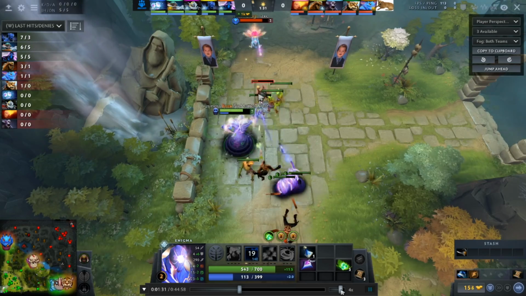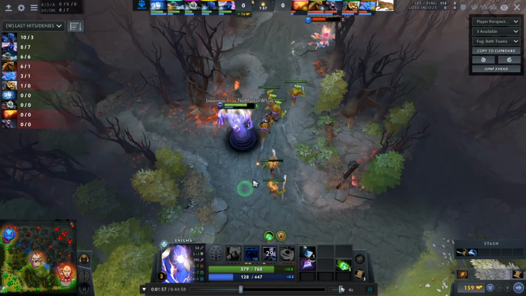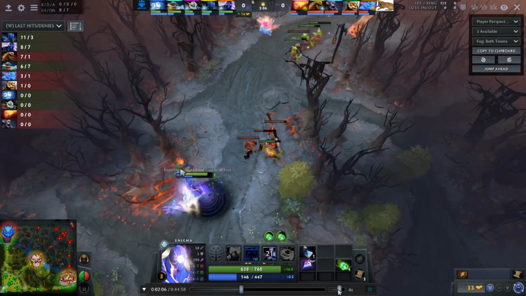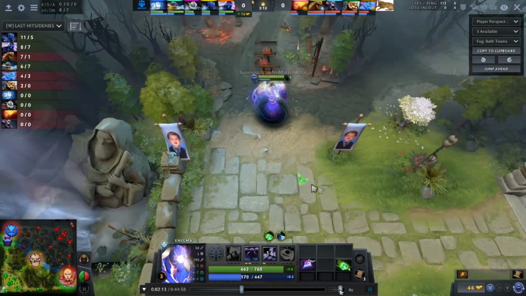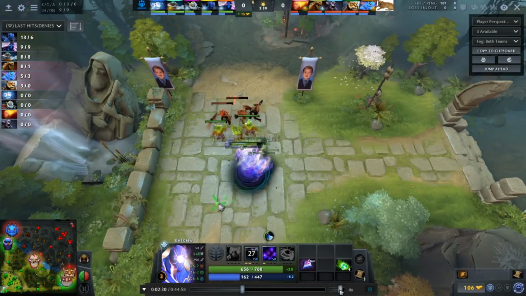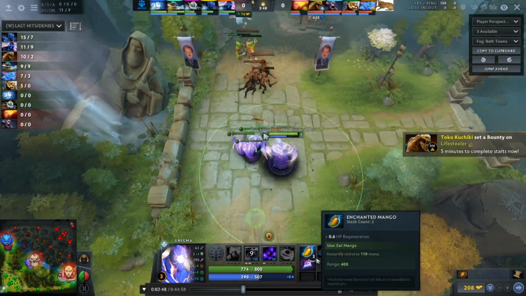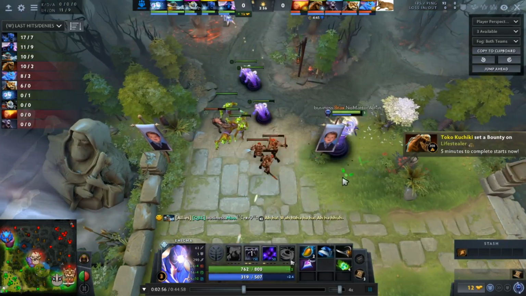So I just want to show you that he is using other spells, and he does have a clarity just in case, but even just with the Null Talisman, he has a good amount of mana to keep spamming his Eidolons out on these creeps. And keep in mind, he's using other spells. So he does send out mangoes,